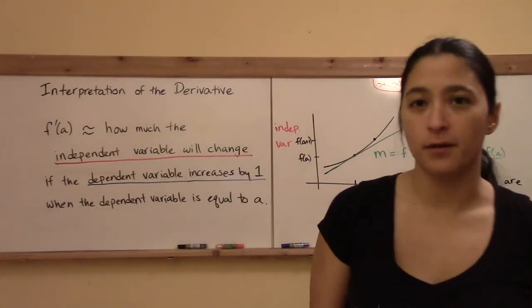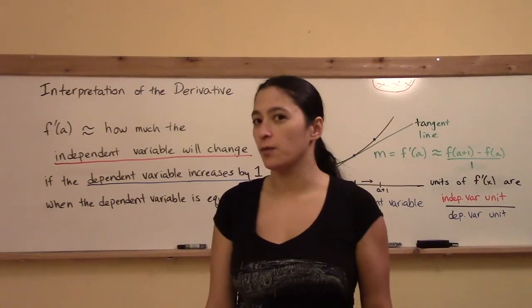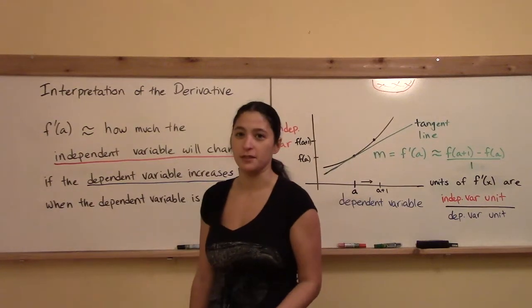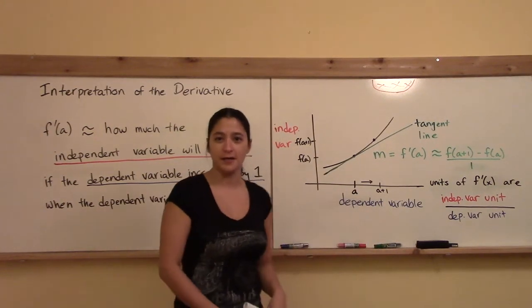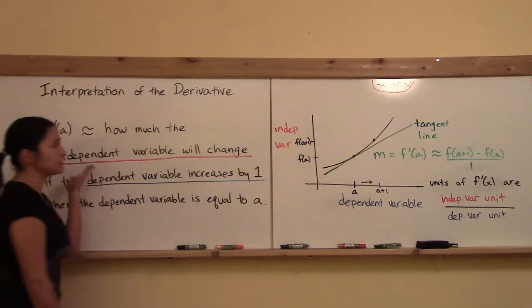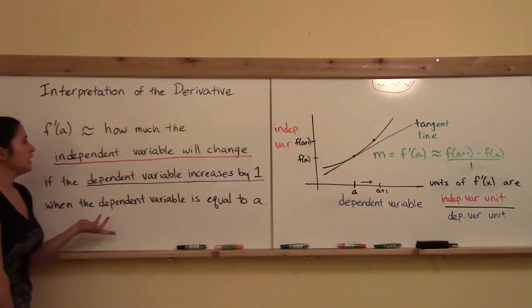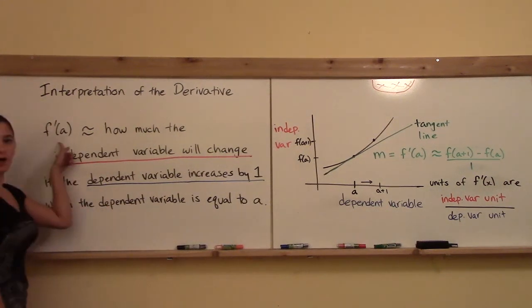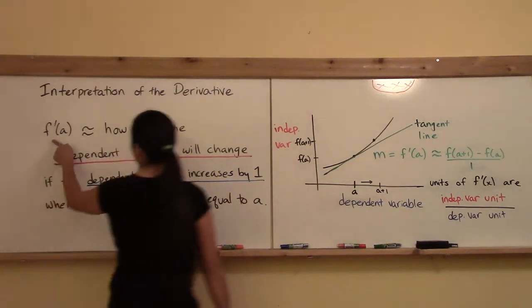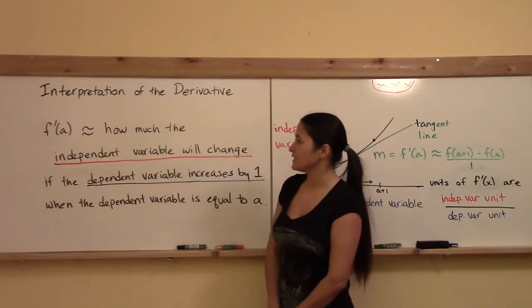We've been talking a lot about how to compute derivatives, but what does the derivative actually mean? That's the topic of this lecture. It's called the interpretation of the derivative. And here it says f prime of a, which is the derivative of f with respect to x, evaluated at